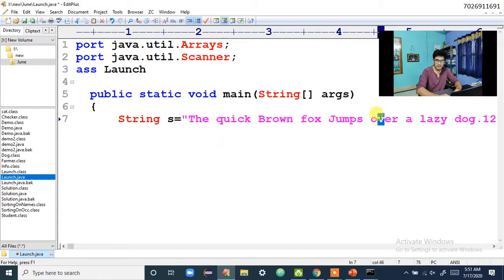V, W, X, Y, and finally Z. So all the alphabets are there in this pangram. Okay, so now the question is, you have understood what is pangram, you already know how to write a program